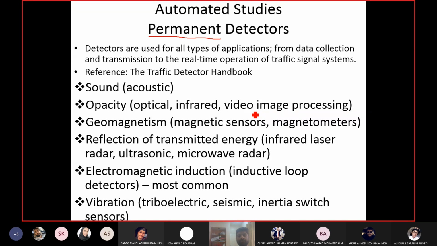As I said, we are civil engineers. We are not mechanical or electronics engineers who will know more about these detectors and sensors. Okay, but if any of you is interested, they can read on their own. As a traffic engineer, we just want to see what type of technologies are available, and if you have it available, then we can see how to use it. That's it. But alhamdulillah, we don't have it, so we don't have to worry about how to use them. Okay, but if any of you later on has a chance to work on these detectors, forward the video. I will show it to the students.